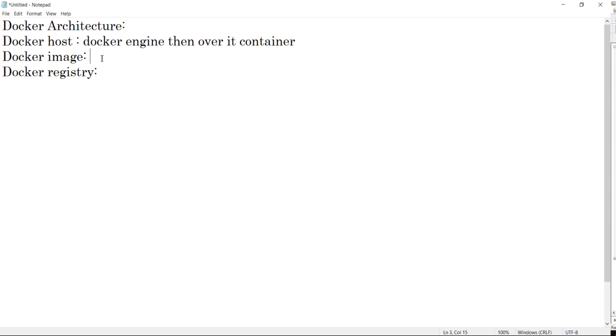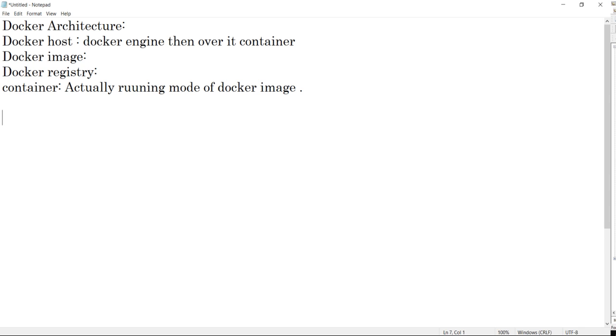Or we can say Docker image is the running mode of what? Okay, Docker image is clear. Now comes container. Container, you know what is a container? Container is actually the running mode of a Docker image. So based upon the requirement, you will pick the image. If I require Python, Java, PHP, whatever I require, that image I will pick from the Docker registry, and using that image I will spin my container.